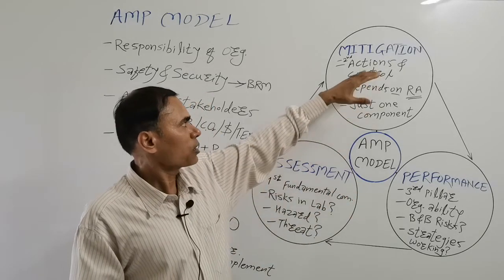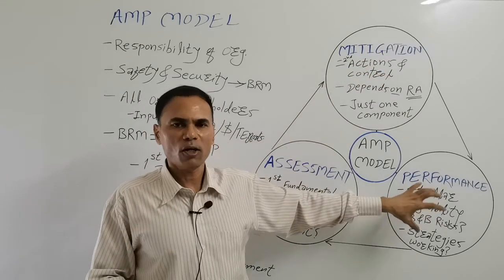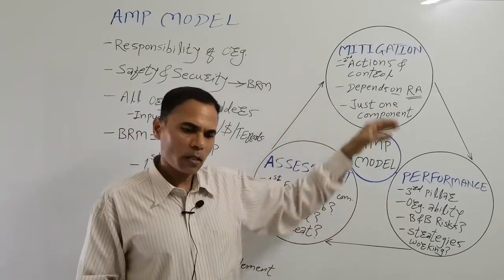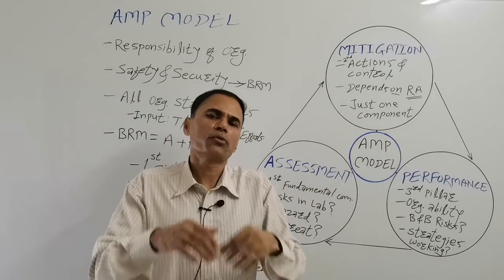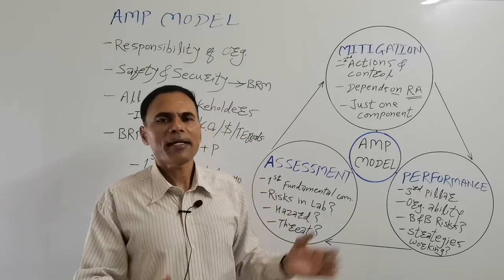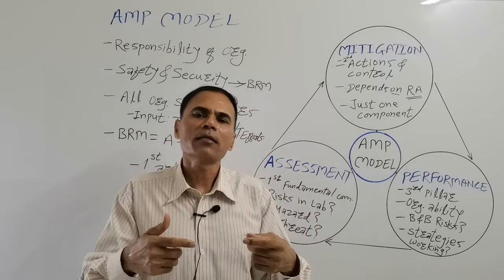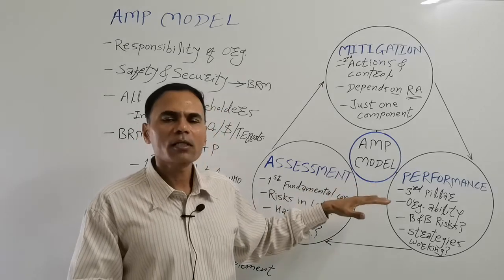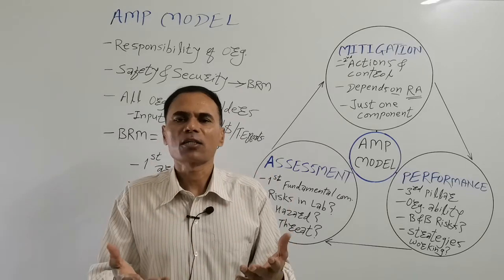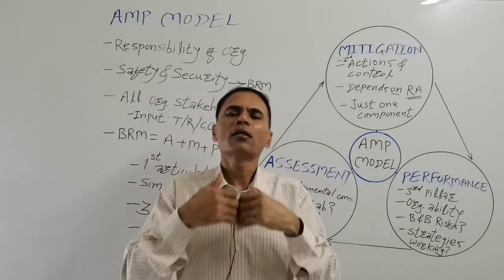Because when you are using certain actions and control measures under the mitigation, you will know whether they are working or not. And when you repeat again and again, this AMP model can help you to avoid or prevent the repetition of the mistakes. And in the process, the virus management program gets better and better, and this AMP model serves as a wonderful tool for the refinement of the virus management program in the organization. So as a whole, this AMP model helps in boosting the biosafety and biosecurity in the organization.